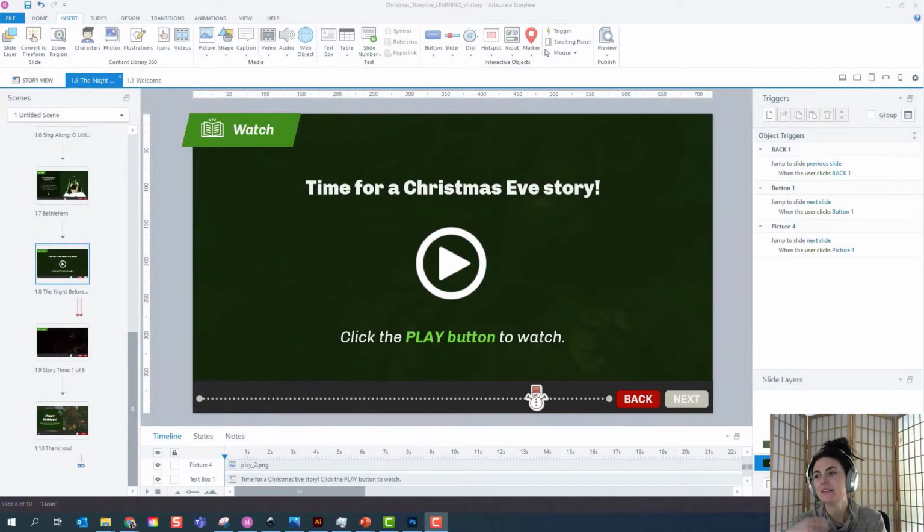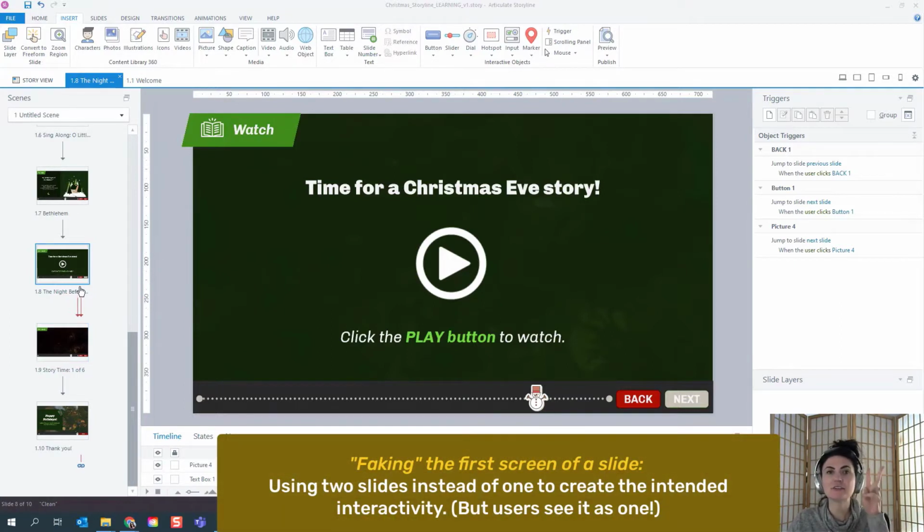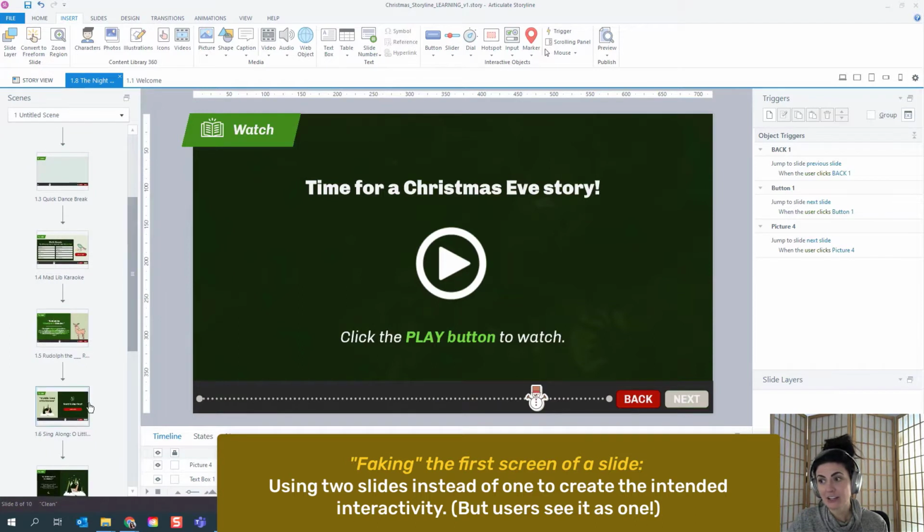Okay, getting to the very last stage here. So in this section, what I've done is I've inserted a video to be played by the end user. However, I want them to know that a video is coming up. And again, working with layers and the timeline, and for reasons that nobody wants to go into today, sometimes it's easier to just fake a first screen look, like I've done here, and also like I've done here,